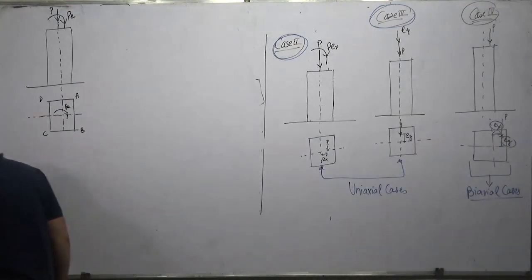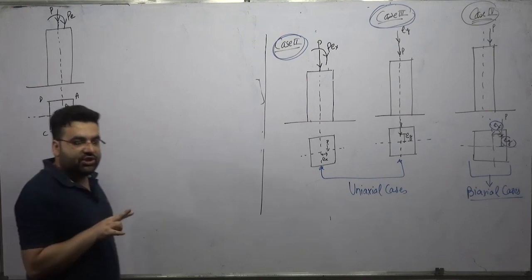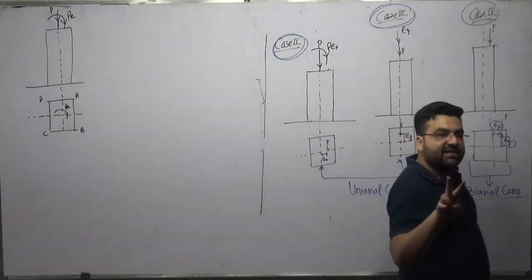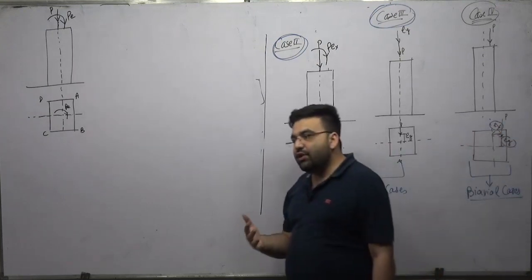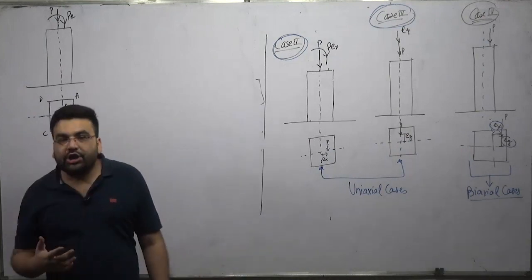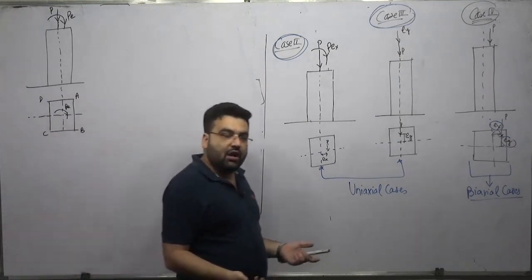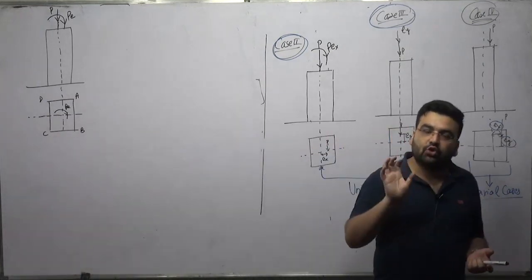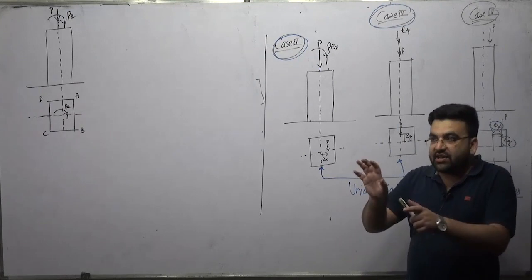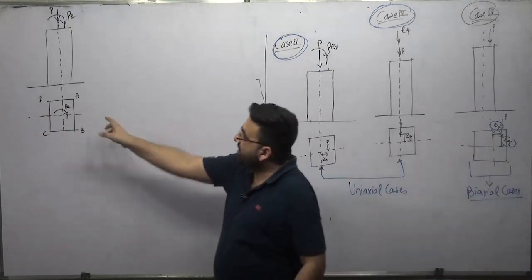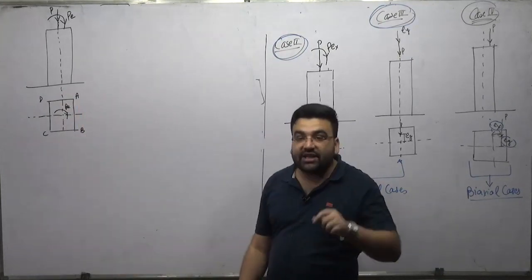Okay. So now, obviously, this column has two loads: the direct compressive force acting at the center, and a moment. Due to the direct load, we will have direct stresses P by A, simple. And due to that moment, we will have bending stresses, because it will try to bend the column, it will try to bend this section like this. This side will get compressed. It will have bending stresses also.